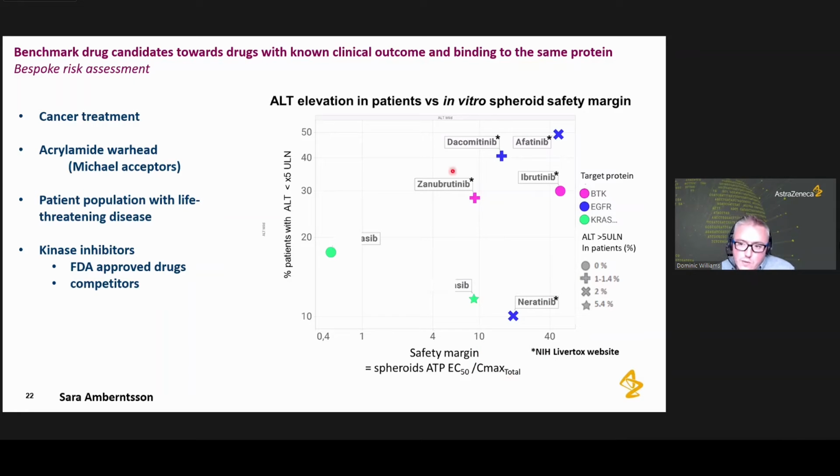And so what we can do here, we've got these covalent inhibitors with known clinical experience, even though it's relatively recent, and we can position an AstraZeneca drug on the vertical line on the x-axis and really see where our AstraZeneca drug associates with these different covalent inhibitors